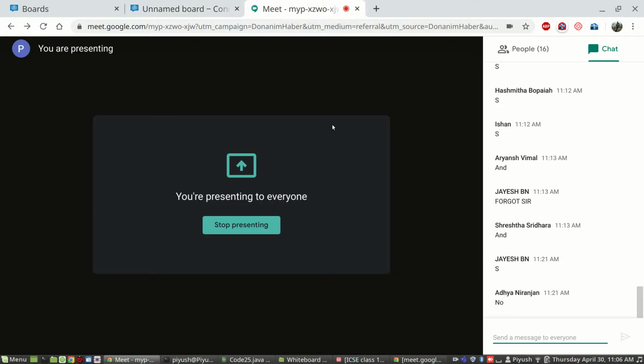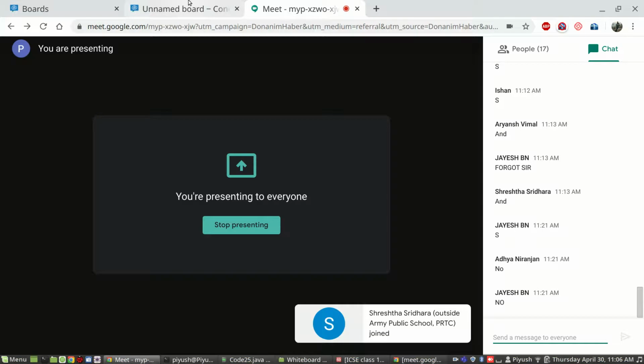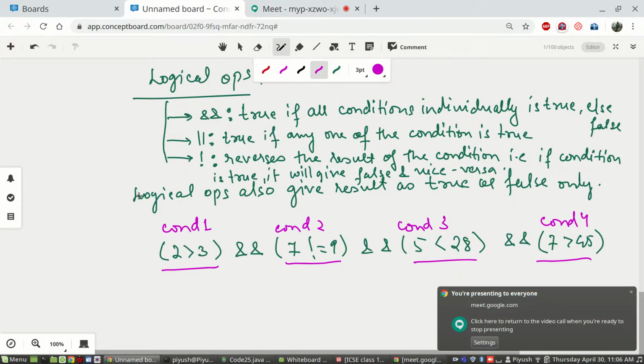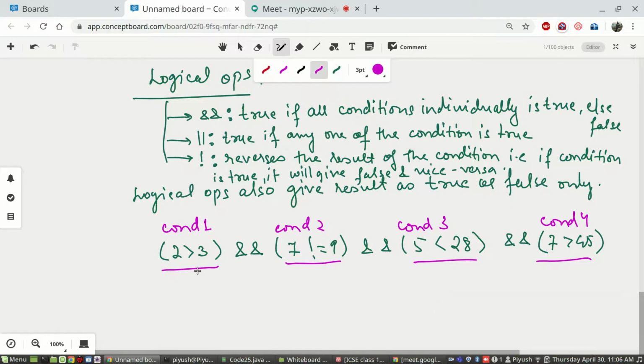No, it's not true. 2 is not greater than 3, so the output will be false. This one is true, this one is true again, and this one is false again.